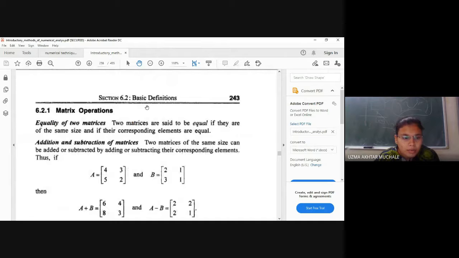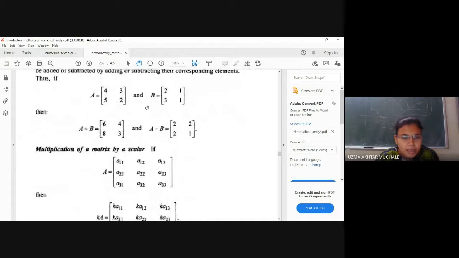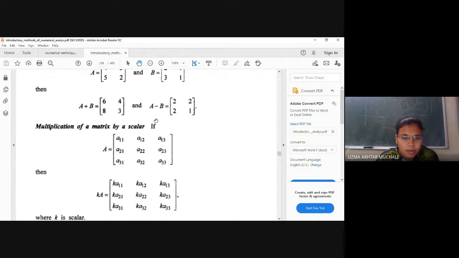Okay. Now, what is equality of matrices? Two matrices are said to be equal if each and every entry is equal. What is A plus B? That means we have to add corresponding elements. 4 is added to 2. That is A11 added to B11, A12 added to B12, A21 added to B21, and A22 added to B22. So similarly, we can find